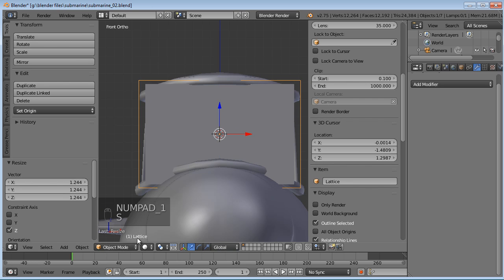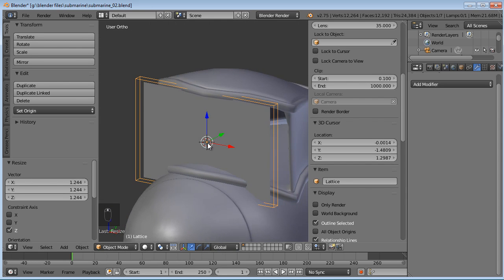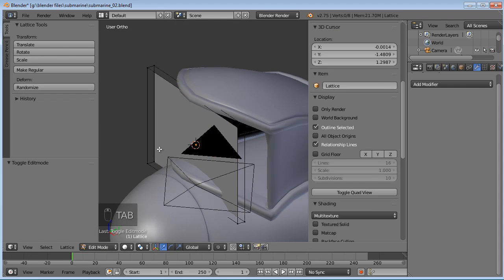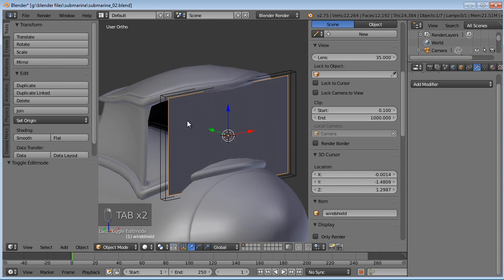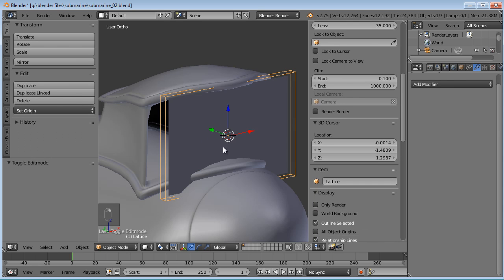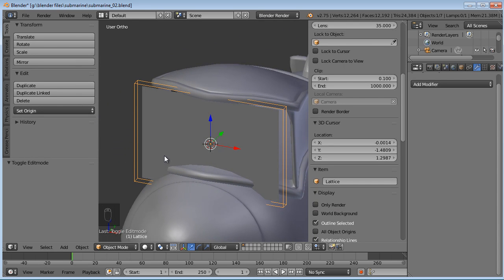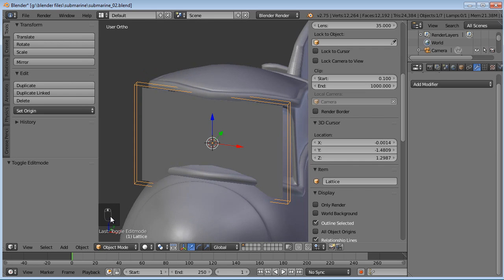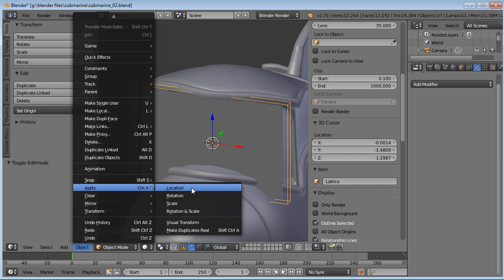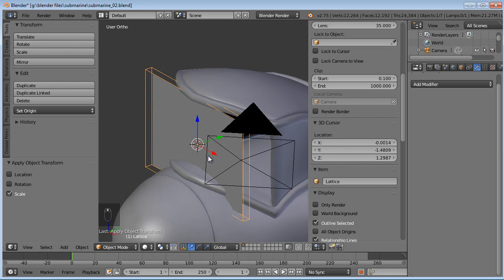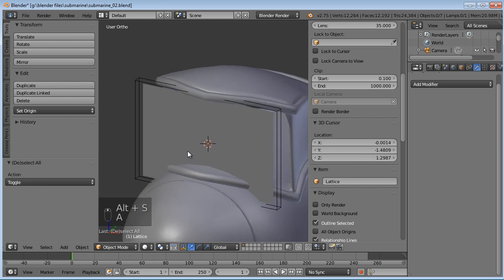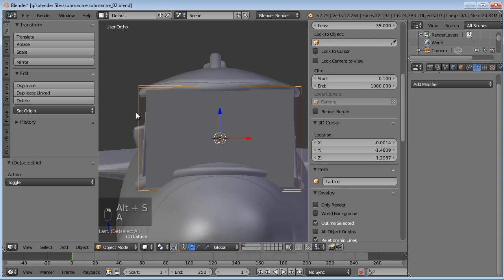I'm doing this all in edit mode, by the way. If you do it in object mode and then apply it, it's going to make things... I say that, but it's been a while since I messed with lattices, to be honest. In any case, you can do all this in object mode, and then we can go to Object, Apply, Scale, and then you can hit Alt-S, and you see it doesn't change anything because that's now the correct scale.